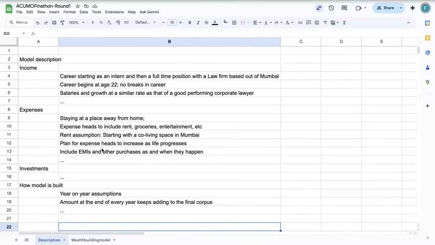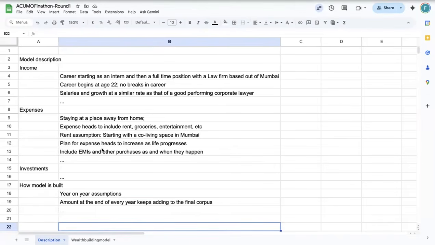So that's on income. The second thing that you need to take into account is expenses. Actually, before we go on to expenses, any questions on income? We'll essentially cover income, expenses, and investments, and we'll give you a sense of how to model this entire thing out, and then we can take any questions at any point in time. So the first part is income. The second part that we need to obviously consider is expenses.